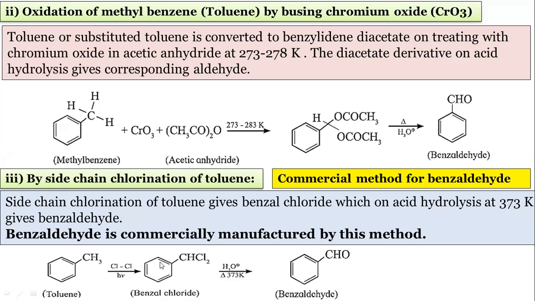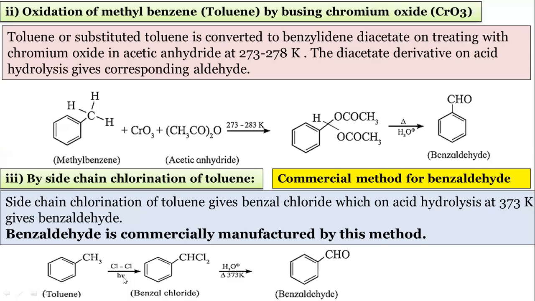So for the side chain chlorination, we have to use this chlorination reaction in presence of sunlight. We get ring chlorination if the chlorination is done in presence of AlCl3, that is Lewis acid catalyst. We'll get chlorine attached at the ortho or para position, so we don't want that product. So for the side chain chlorination, remember, always we have to do the chlorination in presence of bright sunlight or